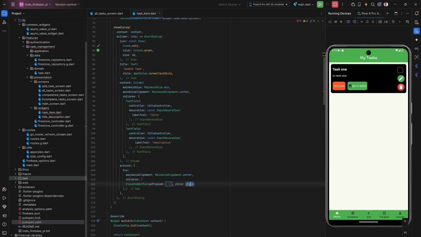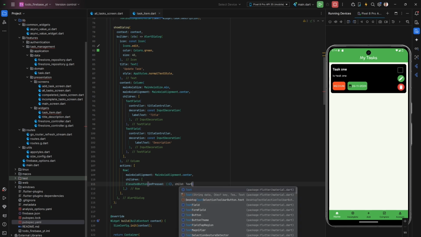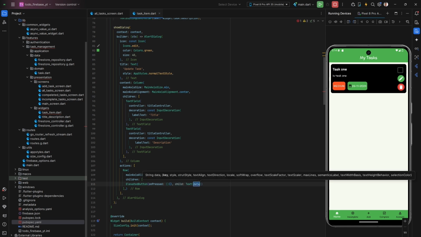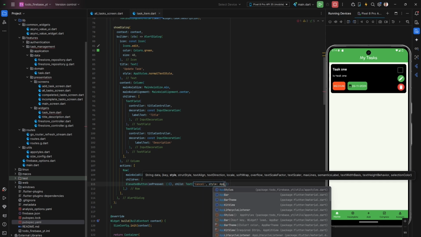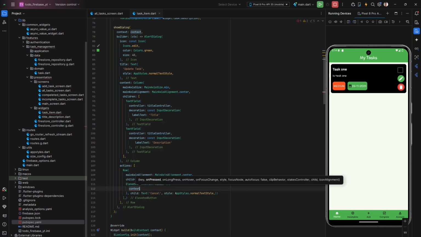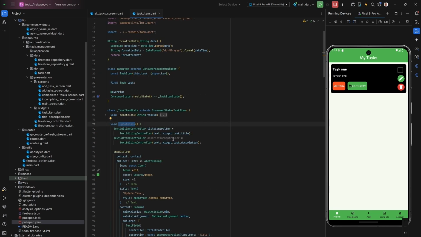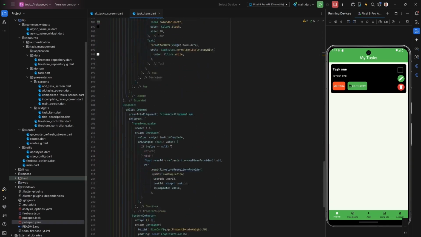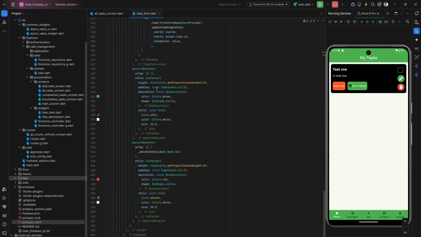and the child is a text that says cancel, that has a style of AppStyles.normalTextStyle, and this is going to have a context.pop just to remove the alert dialog altogether. Let me add commas here and save it. I'm going to try and call this inside of this container here. So I'm going to call it here